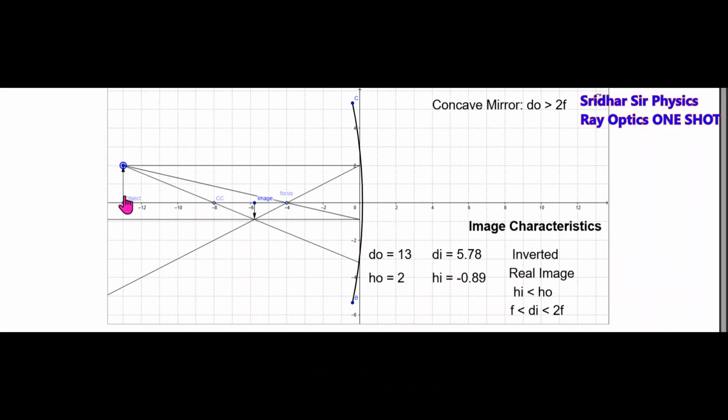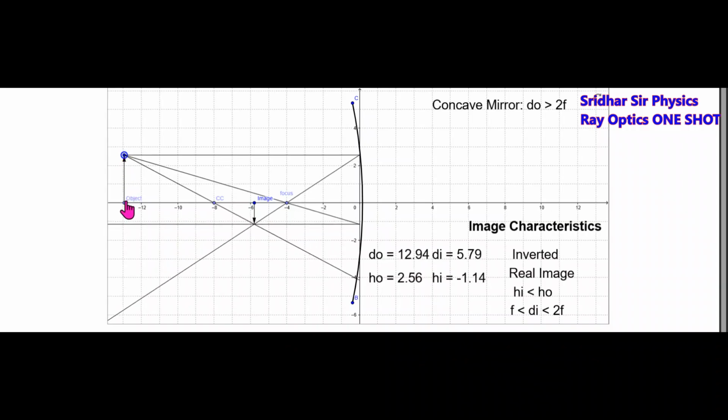The same thing here. Object. There's a center of curvature. There's a focus. There's a concave mirror. Here we have kept the object here. Look at the size of the object. Now as I move this object,